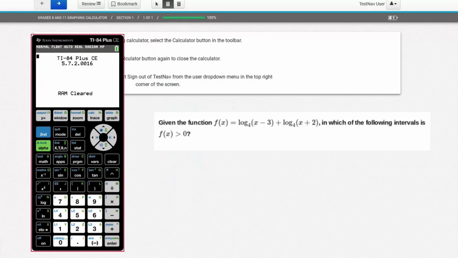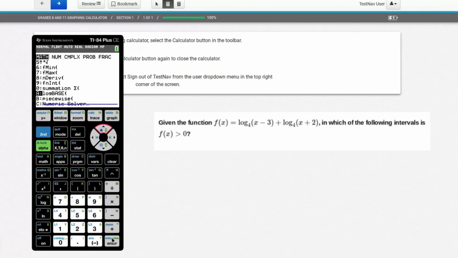All right, so the annoying thing about this is log base 4, no big deal. Hit y equals. I'm just going to graph this, go to math, hit up a few times to log base, and that allows me to type in base 4. Go to the right, x minus 3, go to the right again, plus, hit math again, go up a few times to log base, hit 4,